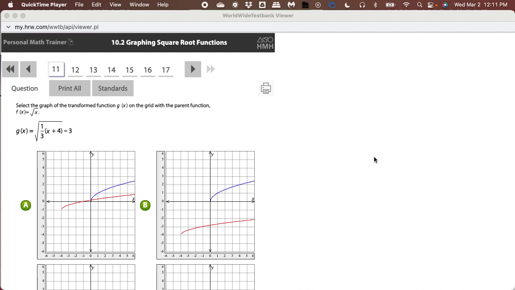There's a multiplier inside. So it's really a horizontal stretch of 3. So sometimes you need that, sometimes you don't. Just depends on if they give you the right starting point or not. You know, if they have two graphs with the same starting point, in this case, H and K is a